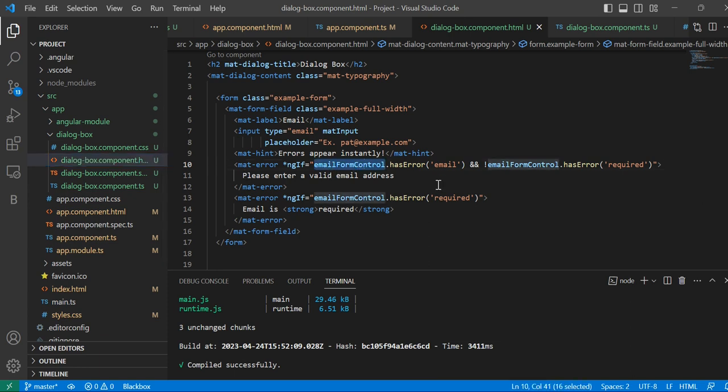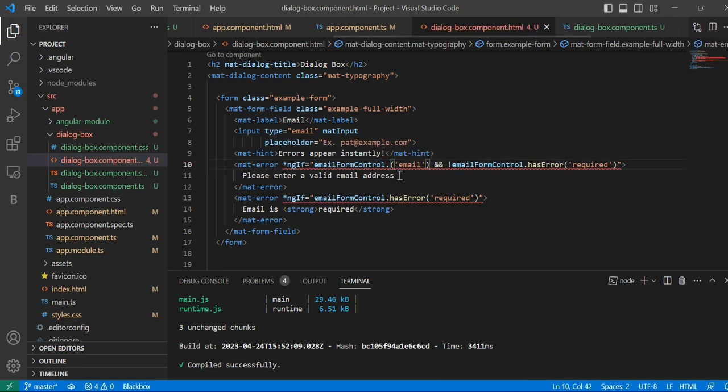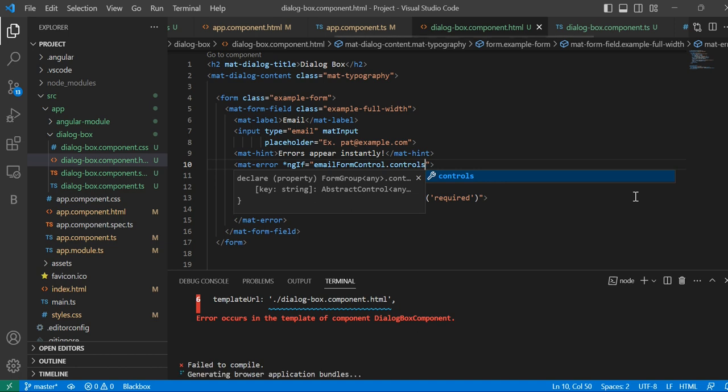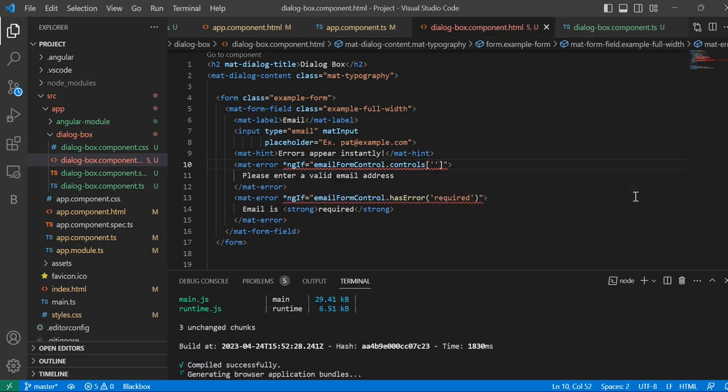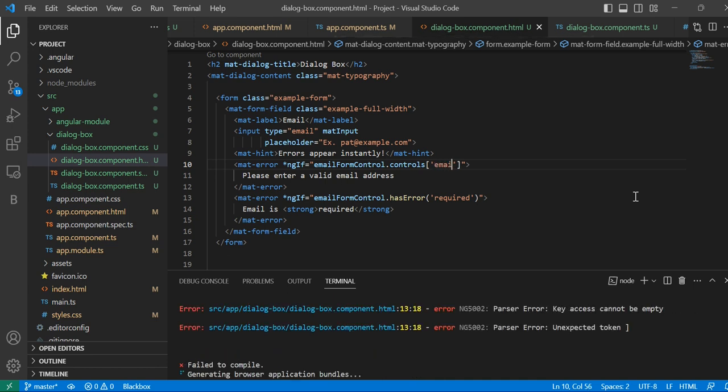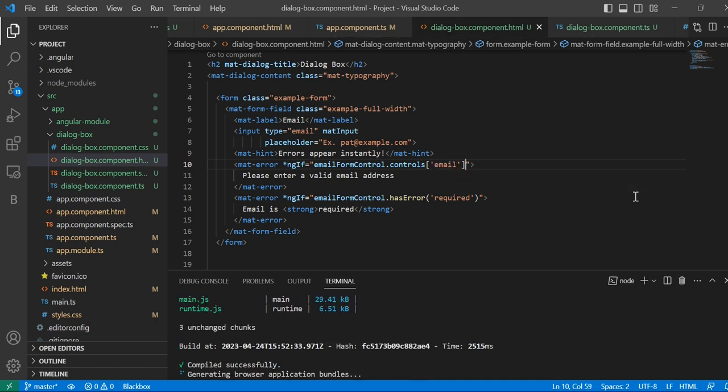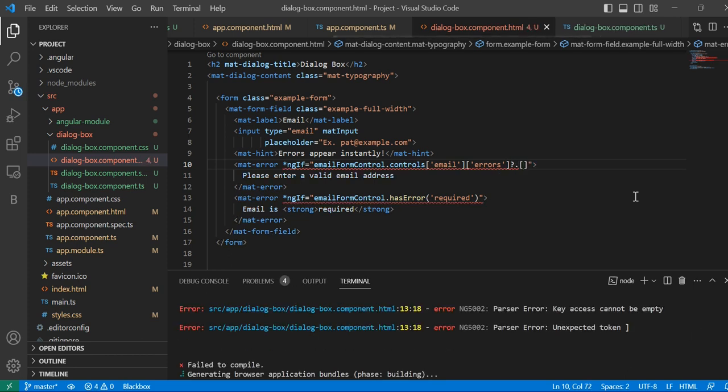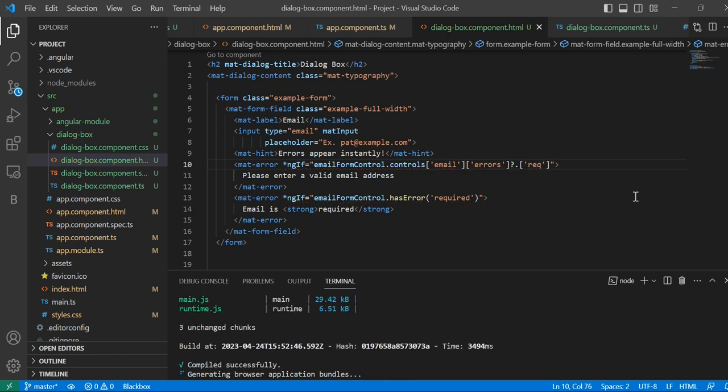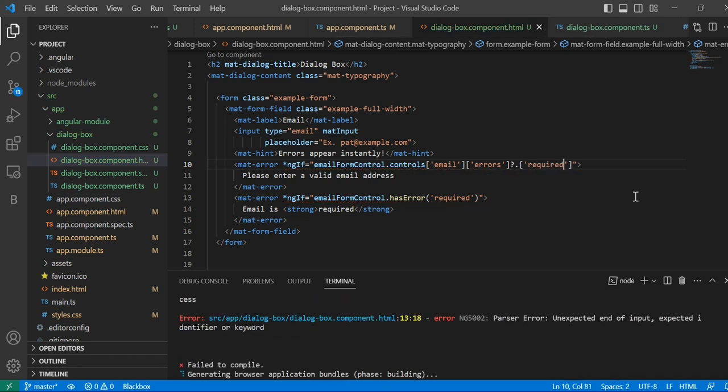Okay, this is already there. So what we are going to change here is, since we are checking from the controls, I will add it as a control. Let me remove this to make it easy to understand. Then I will check our forms. So what we are checking is the email, right? Then we'll check the errors. And then I will check required as well. Required. Okay,